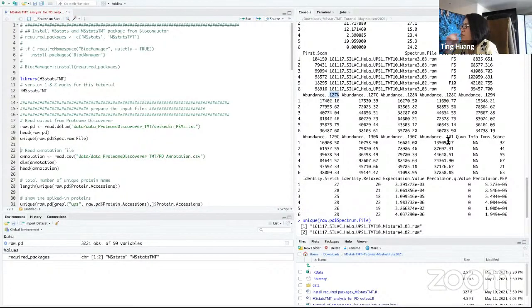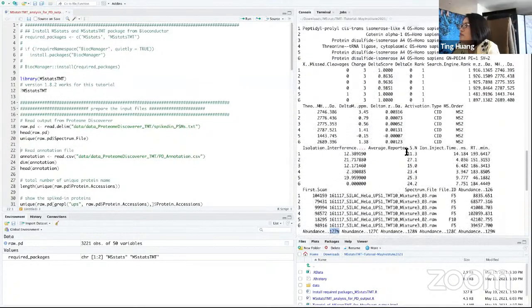One student asked whether they can use their own isobaric tag, which is different from the TMT 10-plex, 11-plex, or 16-plex. Yes, I think as long as you have this file format